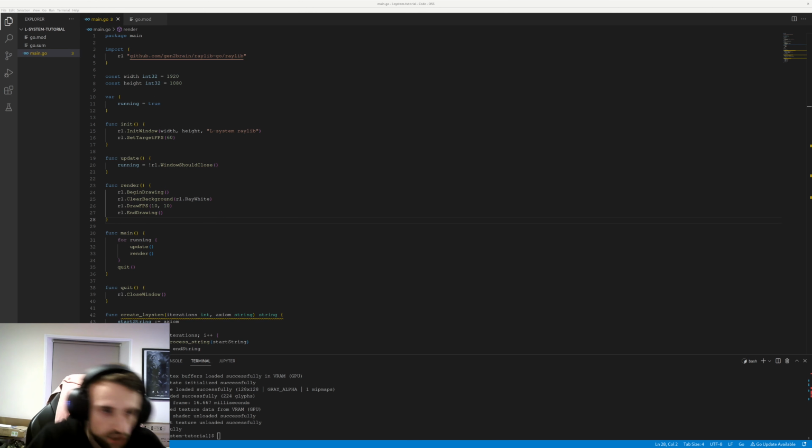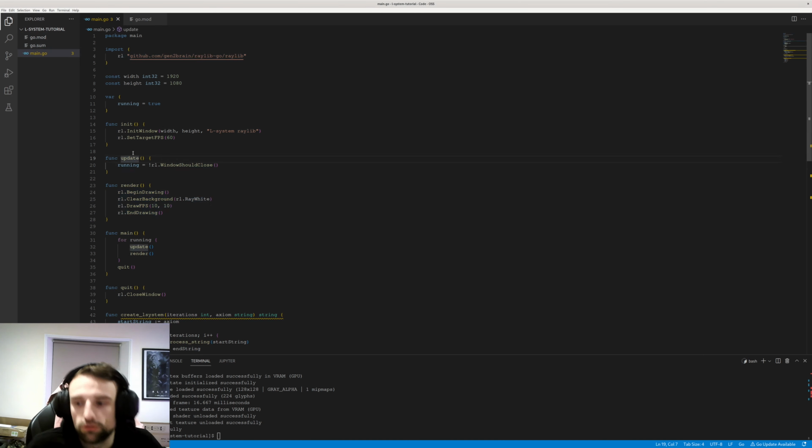So I've just quickly gone through and set up the boring stuff. I've installed the raylib package, done all the Go mod stuff, and I've set up the render and the update. This will all be on the GitHub for you to copy, or you can implement it yourself. I just thought I wouldn't show this because it's very unrelated to the whole L system